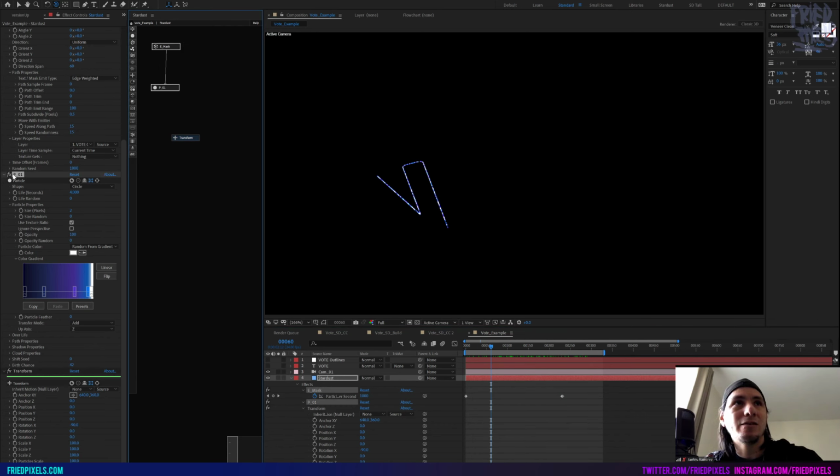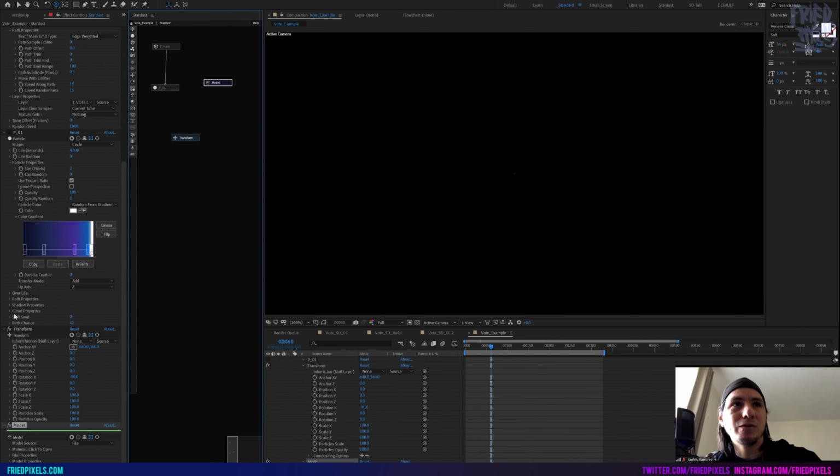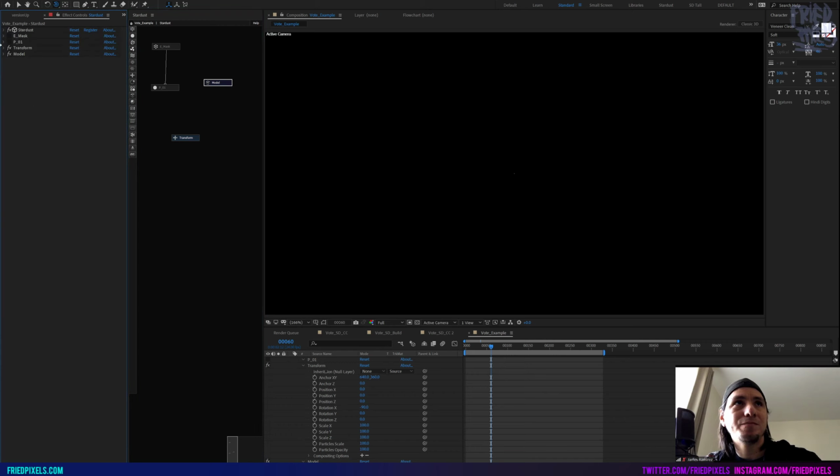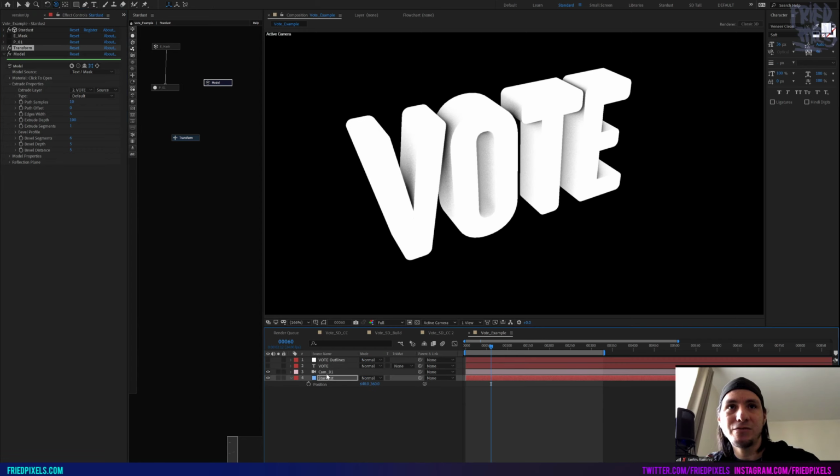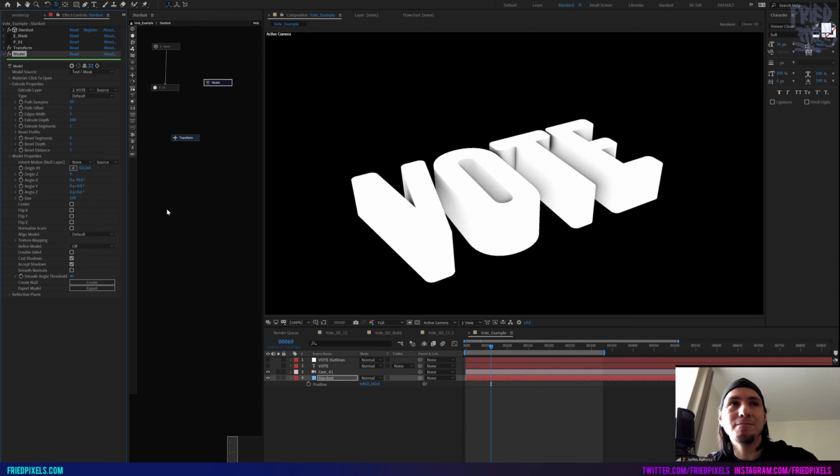So our second layer, I'm going to turn these off, and I'm going to create a model. And for that model, I'm going to select all these and hide them and just look at the model. And I'm going to set this to text mask. And then we can pick, which is nice, the source text in the After Effects file that we made, or we can pick the outlines, I think, too. I think both work, which is cool. So for this same thing, I wanted this text to be rotated -90 so that it was flat.